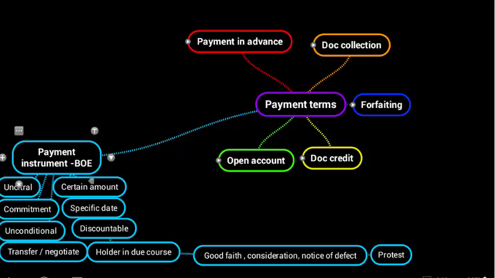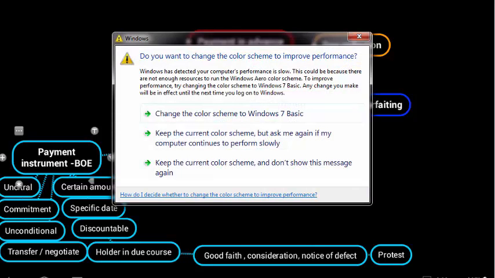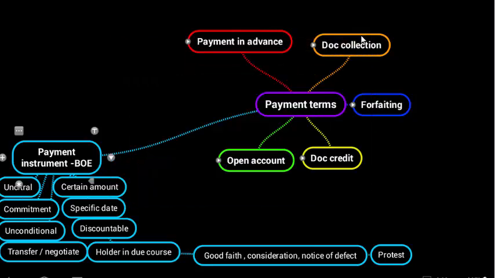How do we explain this? Suppose a thief had given a bill of exchange to you, and if you had given valuable consideration to him, and if you are not aware of the fact that it could have been a stolen instrument, then nobody can proceed against you in a court of law for non-honor. And when you proceed against those parties, you will have holder in due course rights to proceed against others.